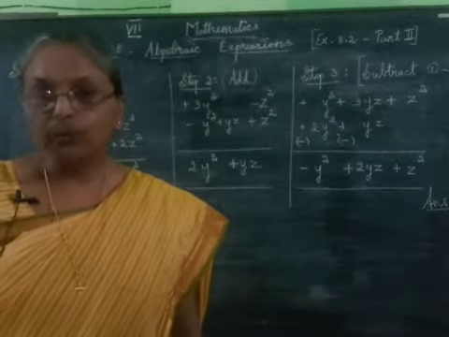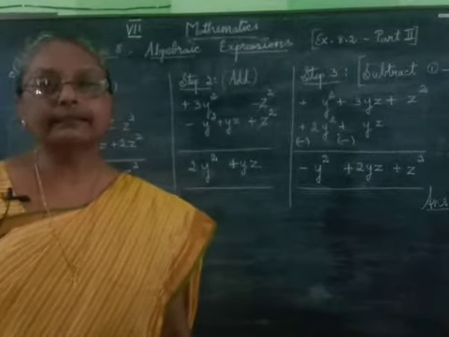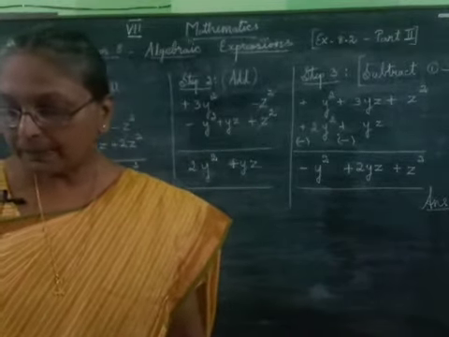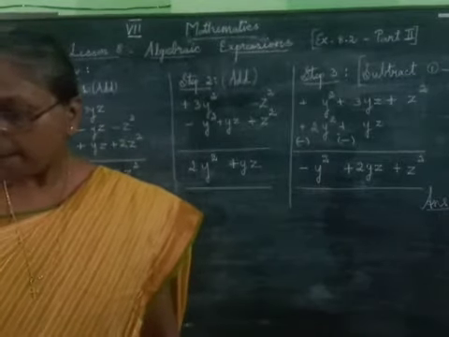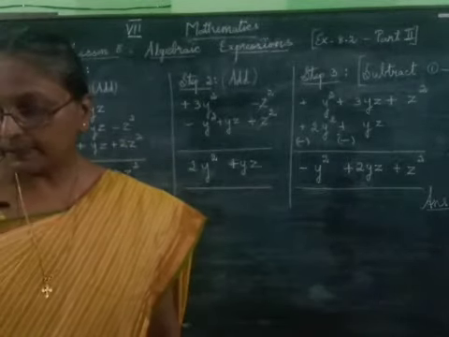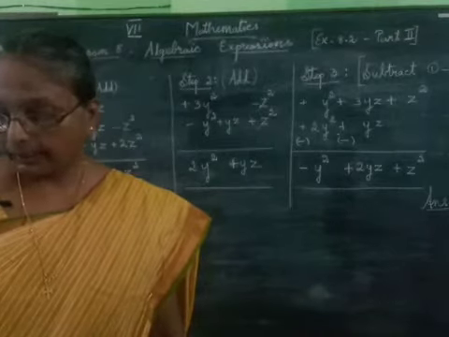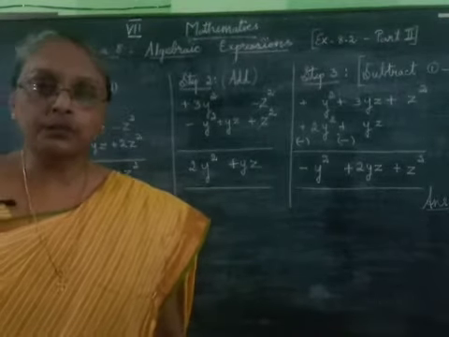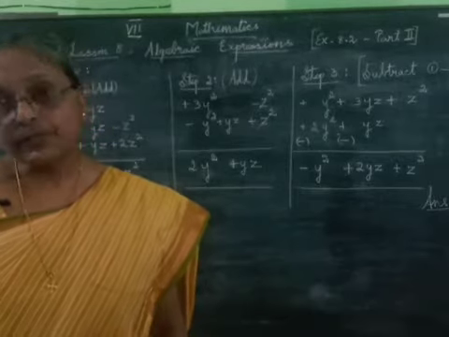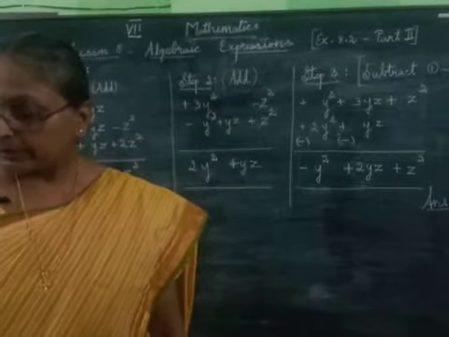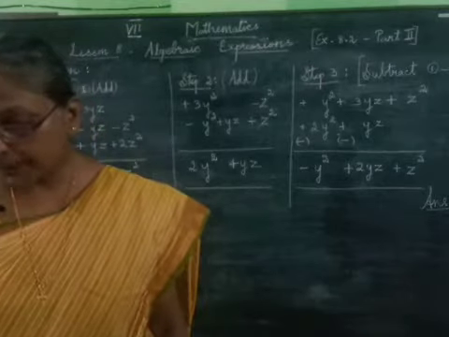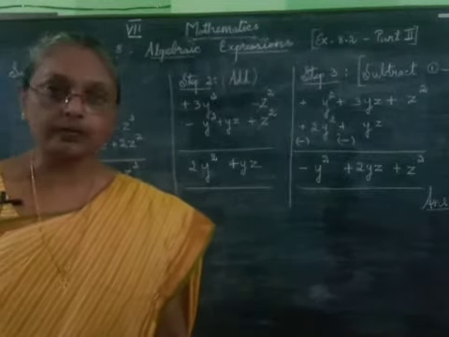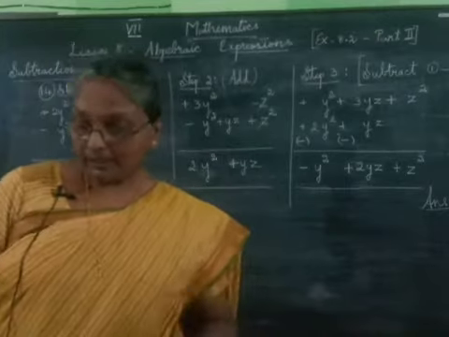Okay, now we will do the 14th sum from your book. From the sum of 2y² + 3yz, −y² − yz − z², and yz + 2z², subtract the sum of 3y² − z² and −y² + yz + z². We are asked to